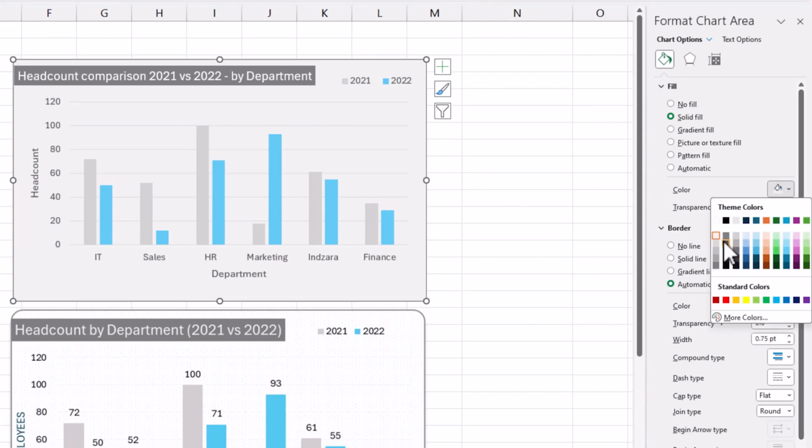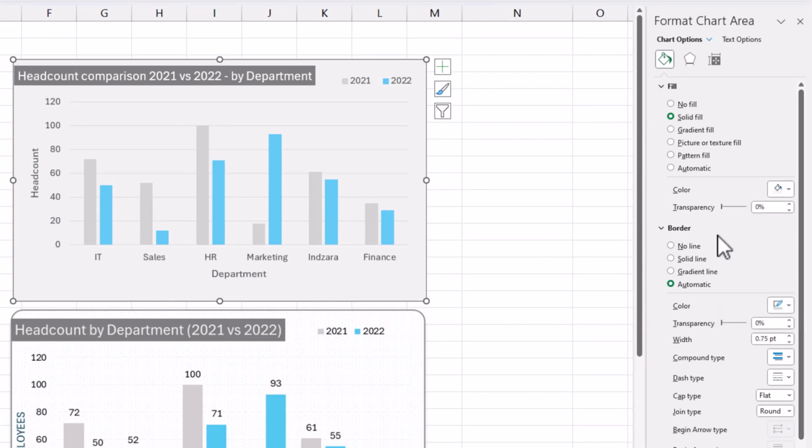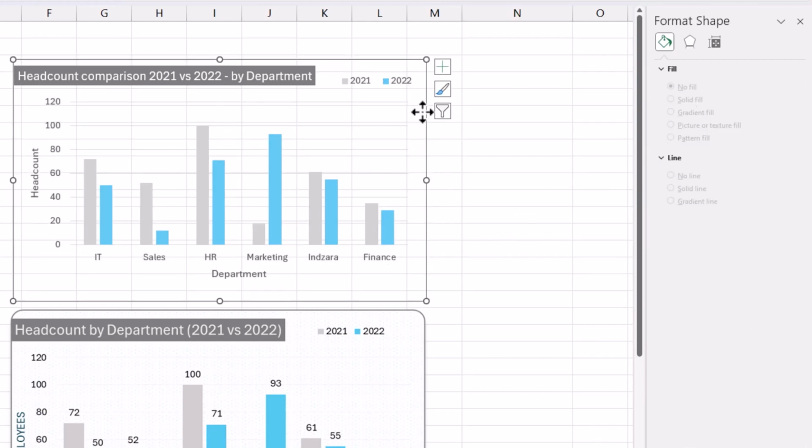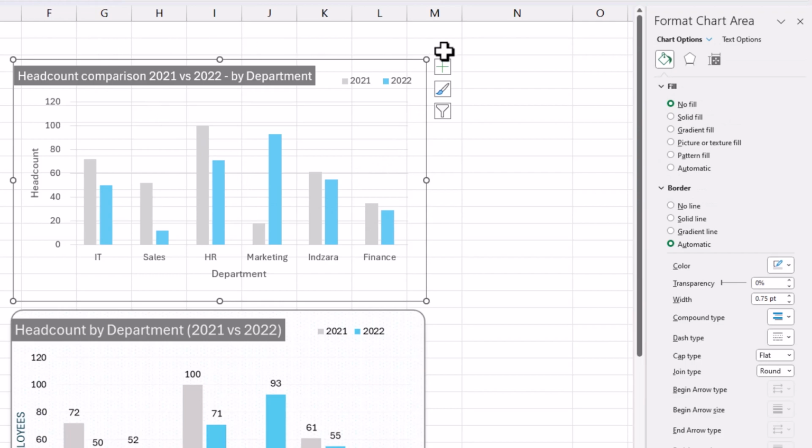I'm generally trying to stick to something very light so it doesn't take away from the visual itself. But you can change the fill color, you can increase the transparency so that it's not too dominant. So you want to make sure that the color that you choose as the fill color is not dominant. If you do no fill, then there is no fill, and so automatically whatever is behind the